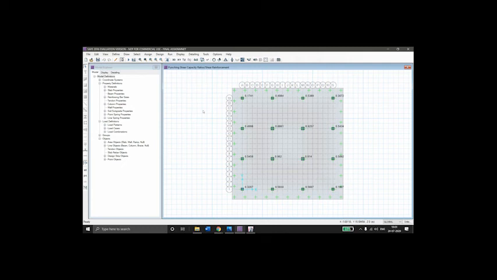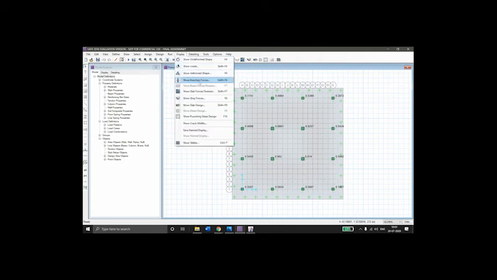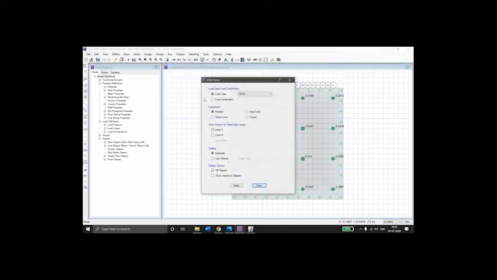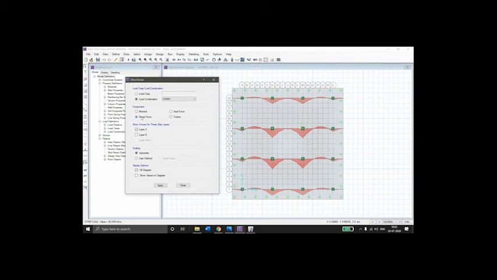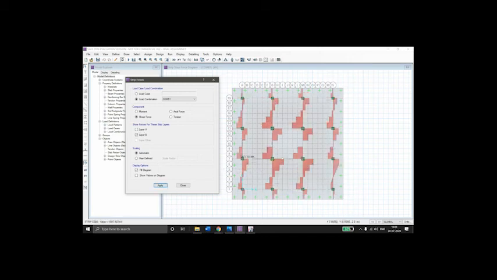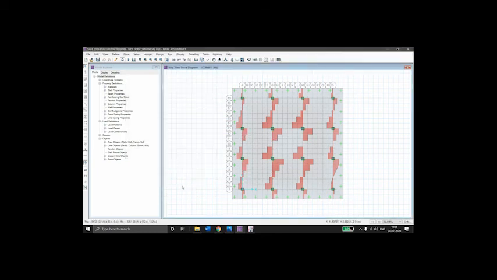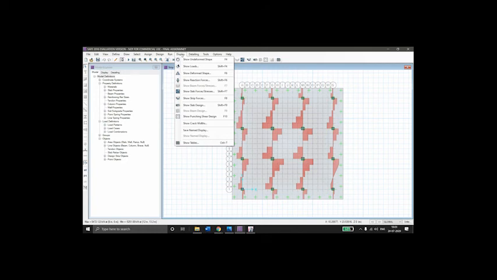Now to check the various results, go to display, go to show strip forces. Here we select various combination, select moments in the strips. Here we can see the shear forces, the values are shown here. For the layer B, select the layer B, we can see. Then go to display,